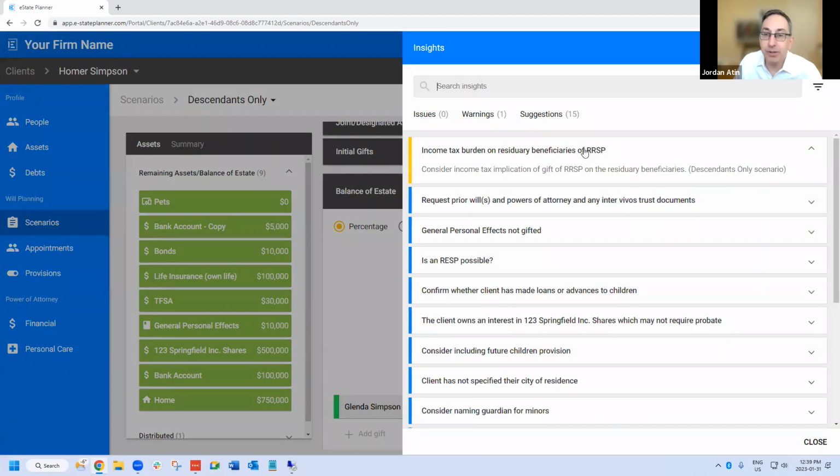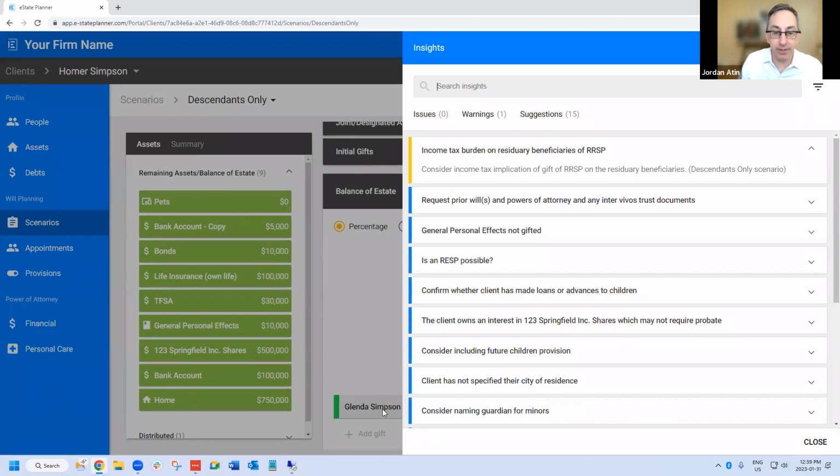As we all know, the estate is typically responsible for the tax on the RSP, regardless of the beneficiary designation. The beneficiary gets the full amount, but the estate, the residue in essence, pays the tax. Whenever eState sees that there's a possibility for a disconnect between the tax burden of the RSP and the residue and the beneficiary of the RSP, it's going to give us a warning.